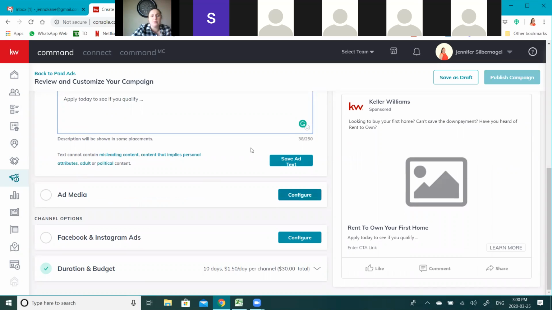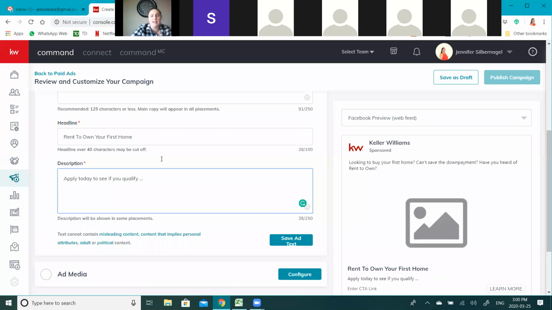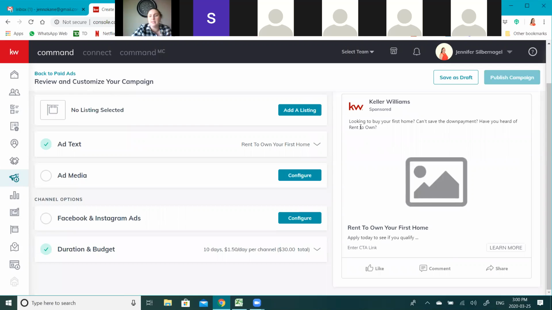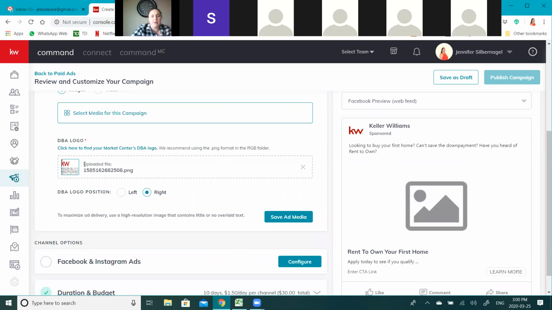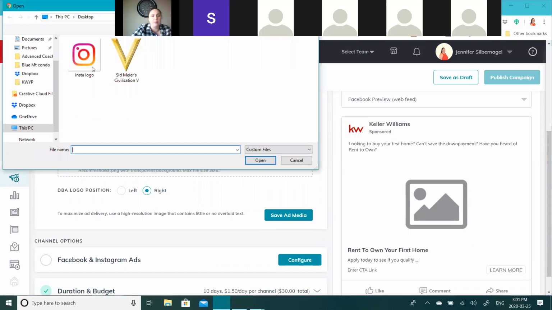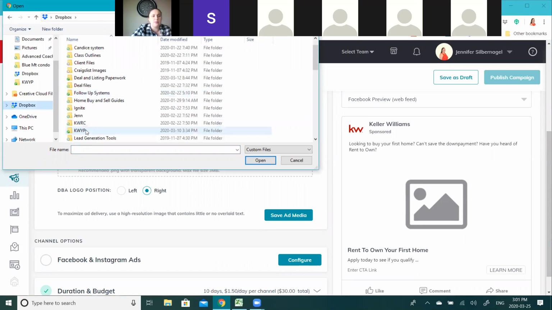So once I've done adding in all of my text, I'm just going to hit save add text, and it'll just close it up. And you can see over here, it's starting to show the text I'm plugging in. Now add media, I might go configure my add media. I don't really need the KW logo there, but I could put my own logo here if I wanted to. So let's go to Dropbox